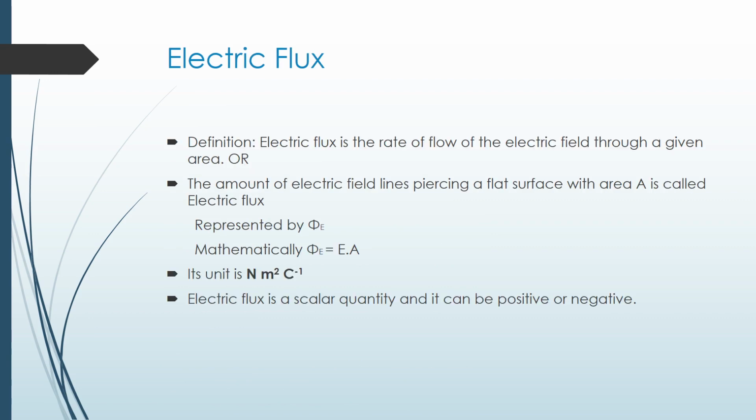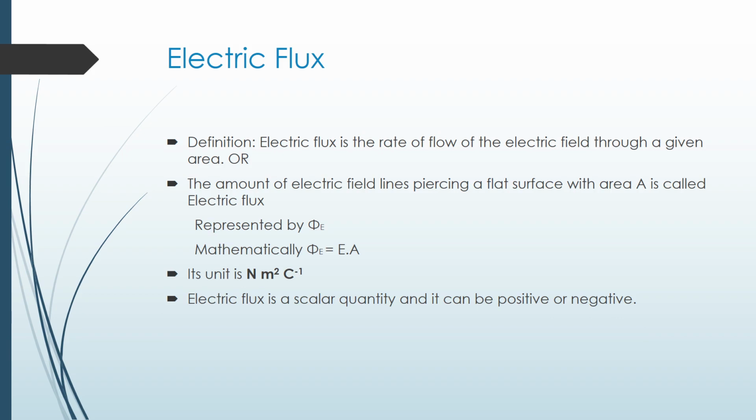Electric flux. According to definition, the electric flux is basically the rate of flow of the electric field through a given area, or we can say the amount of electric field lines passing through a flat surface with area A. So if you consider the definition, if you increase the number of electric field lines through a certain area, electric